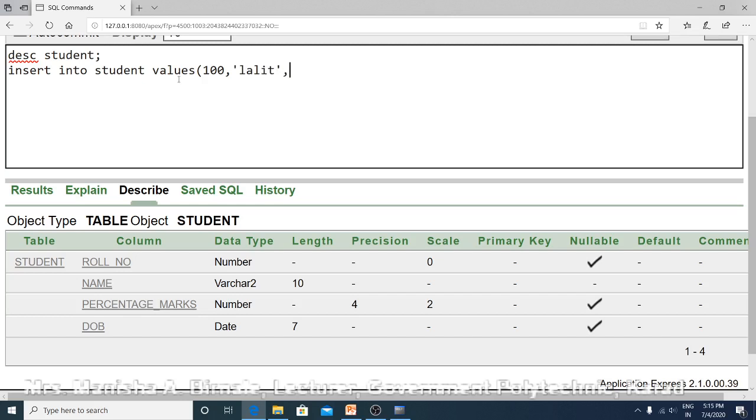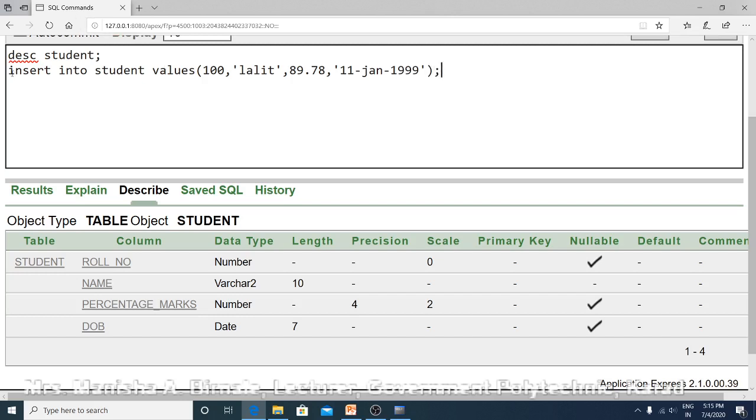Roll number has data type number, so it is not enclosed in single quotes, but name is a string, data type is varchar, so it must be enclosed in single quotes. Percentage marks is also a number, so it is not enclosed in single quotes. And the fourth column is date of birth, which is also enclosed in single quotes, and it is entered like this: dd-mon-yy, suppose 01-Jan-99, January 1999. In this format the date is specified.